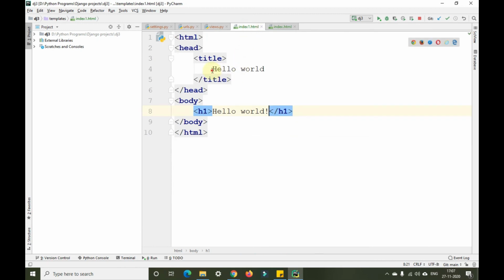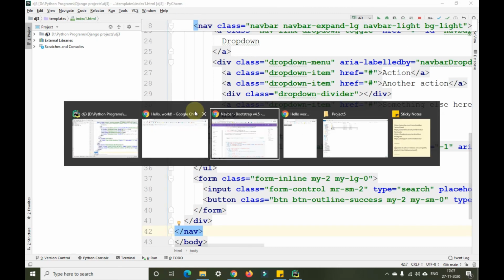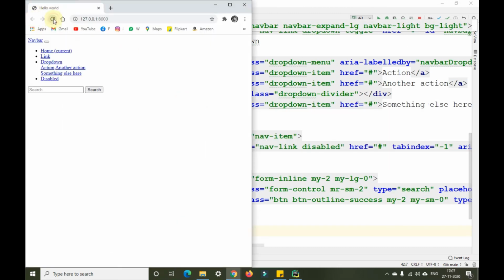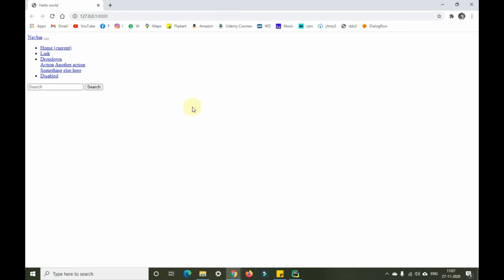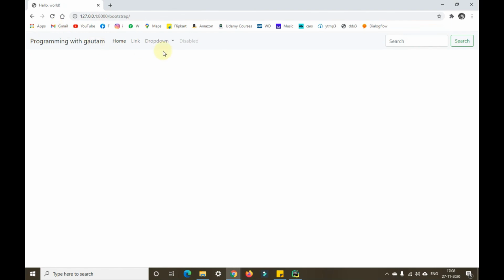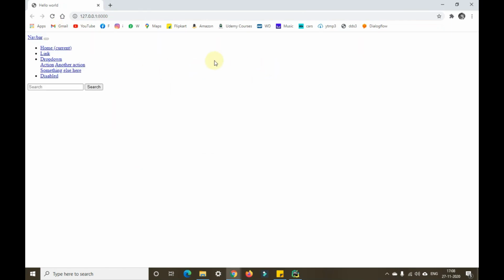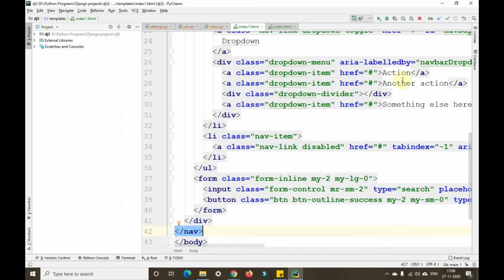So similarly, if I copy paste that particular code in the normal HTML page, will we get that? Let's see once. So we are getting that particular thing, but it is not customized, as you can see. The code is not customized, the layout and all. The UI is not looking good here. The pages and the links are working properly, but the UI is not proper, as we can see in this particular page here. So that is how we can take the advantage of a bootstrap code and customize it accordingly.